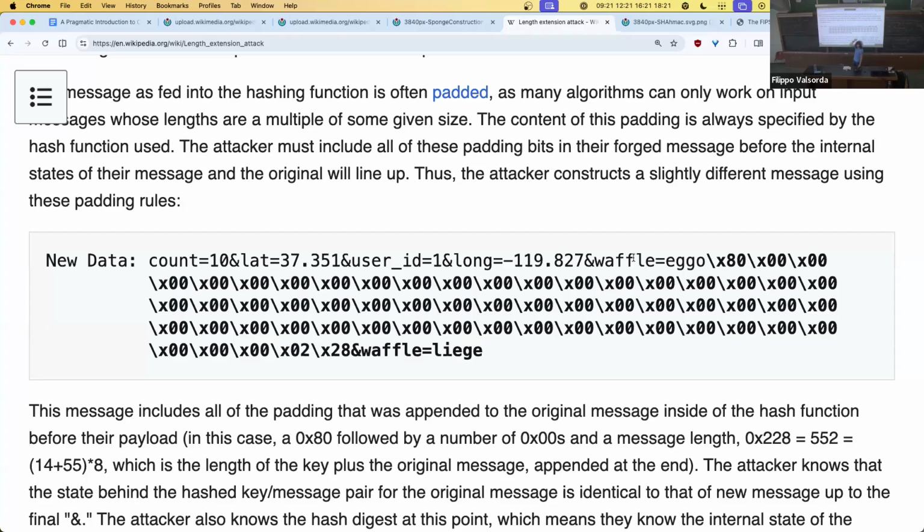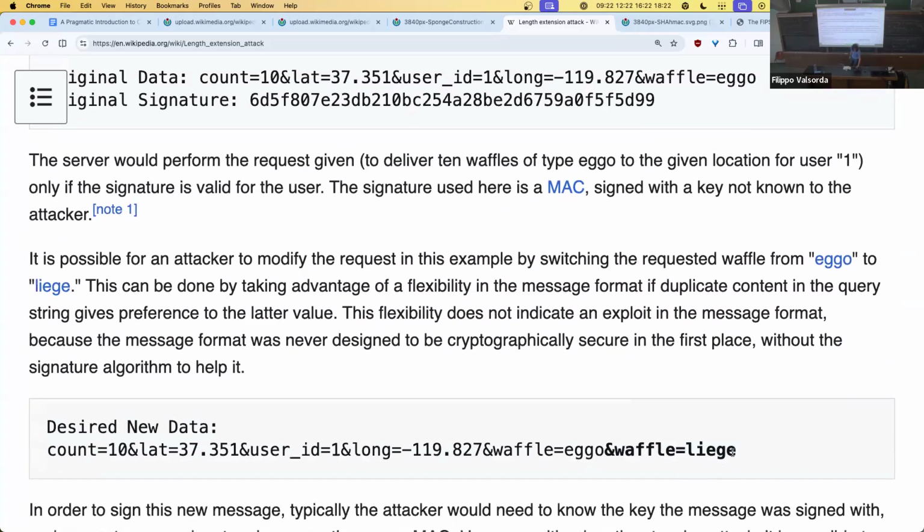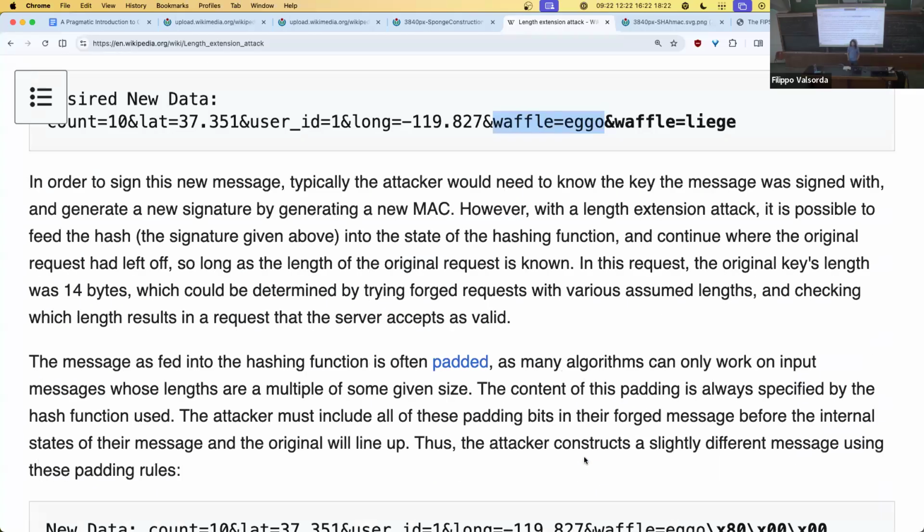Boom. So now this message that you know the hash of, because you can compute it by putting the output of the previous hash into the intermediate state here and then continuing the hashing, even if you don't know what's in the prefix here, comes out to mean the same thing as this, or even without this part.